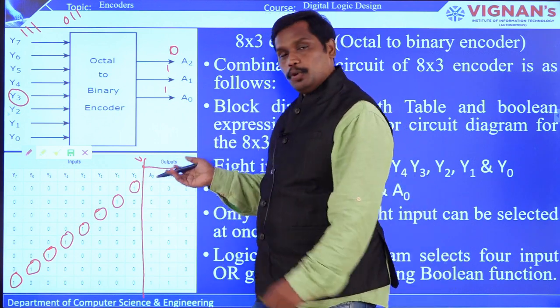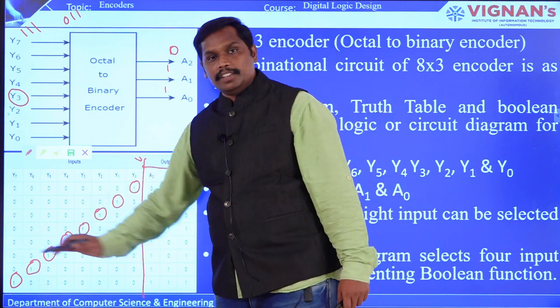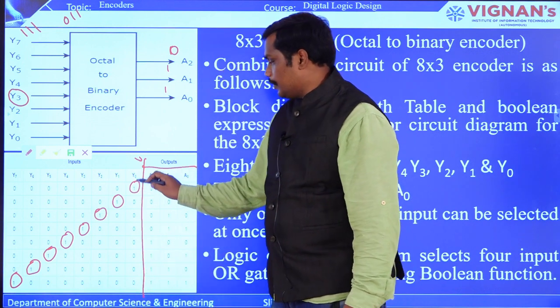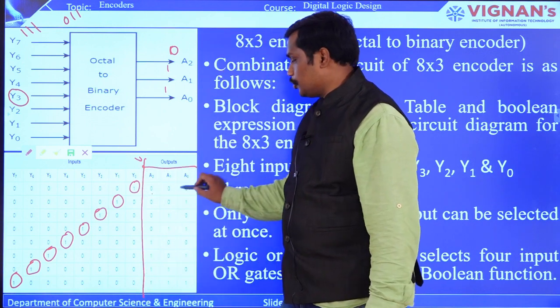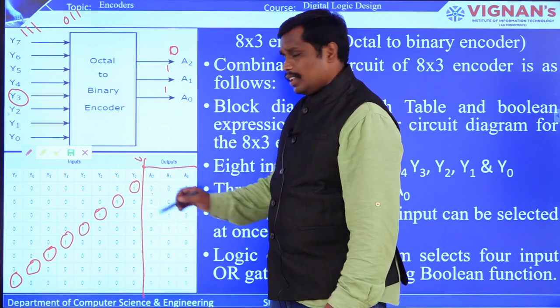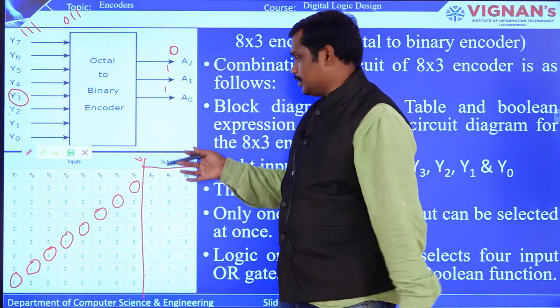In the same way, if it is low, then it is represented by false or 0, right? So this is how you are going to represent the diagonal way of representing a truth table. In the truth table, if Y0 is selected, then you will make it 0, 0, 0, which is the general representation, right? So changing the binary format from one format to another, this is how you are going to do it.